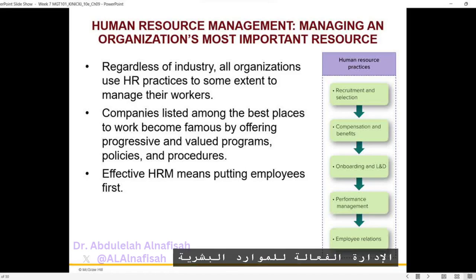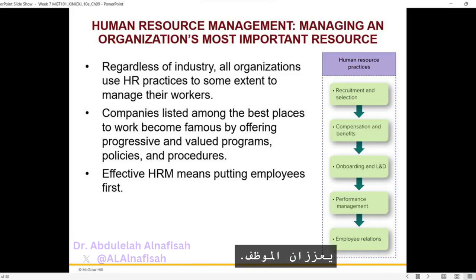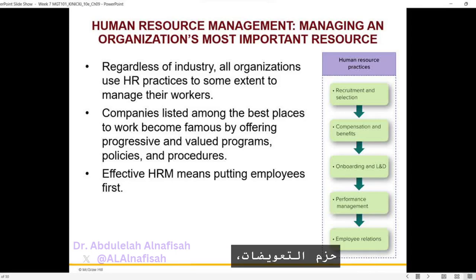Effective human resource management is crucial for all organizations due to several reasons. 1. Productivity and performance. HRM enhances employee productivity and organizational performance through training, development, and motivation. 2. Talent acquisition and retention. HRM attracts and retains top talent by designing effective recruitment processes, offering attractive compensation packages, and fostering a positive employer